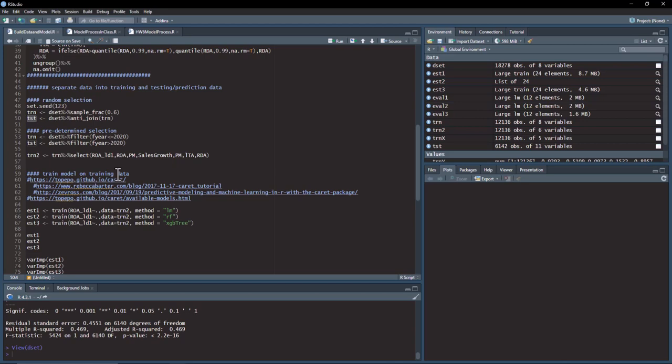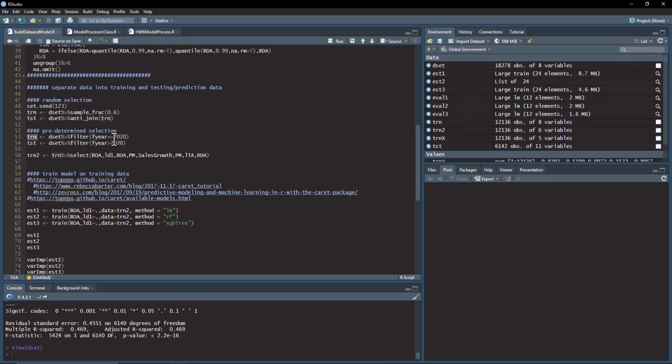So maybe we really care about how models perform this year or the last couple of years. So we might use a time dimension to simulate how we might do this in real time. One of those ways then is to filter, create a training data set based on some dimension in the data. So you could do this based on certain companies